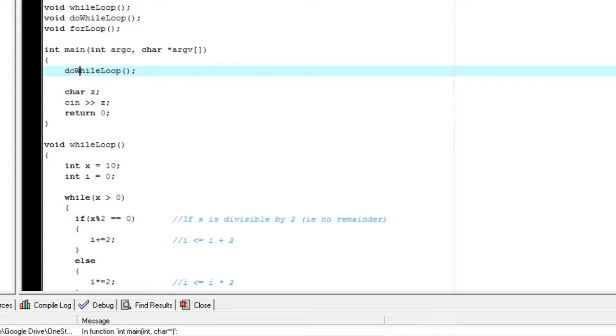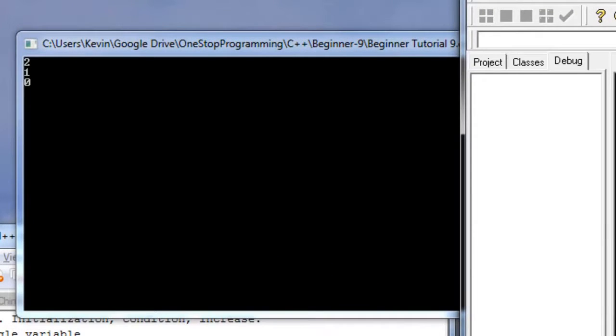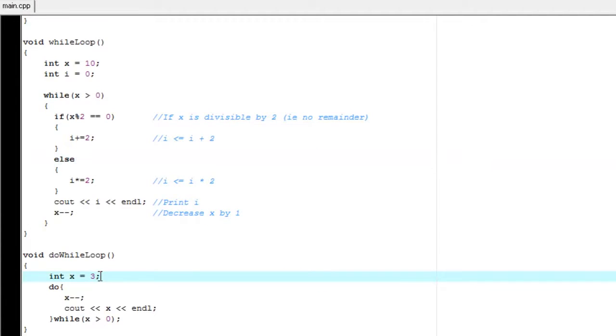Give me a second here. Alright. So we see 2, 1, 0. That's what it's supposed to be doing. It's supposed to count down, print out. But if we can change this to 0, which would result in the condition starting as